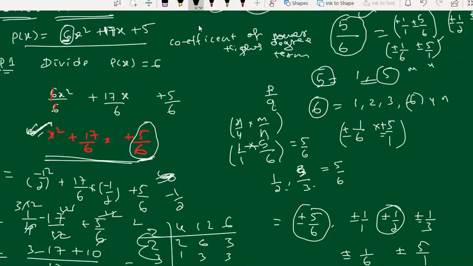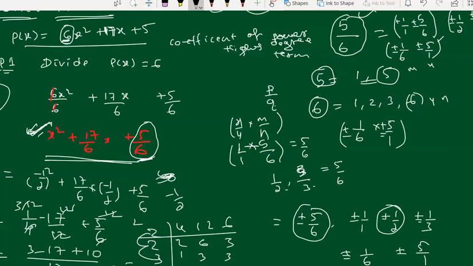12, right, that is the answer. So here we get 27 minus 3, that is 24, upon 12 you are going to get 2. That is wrong. Okay, equal to 0. If this becomes 0, then you can say x minus 1 by 2 is a factor of this. So you can write x minus 1 by 2.